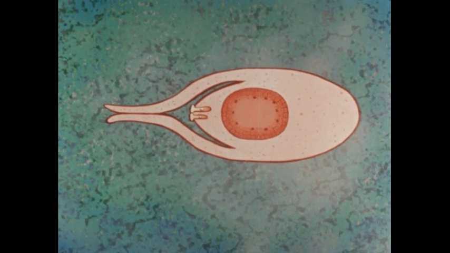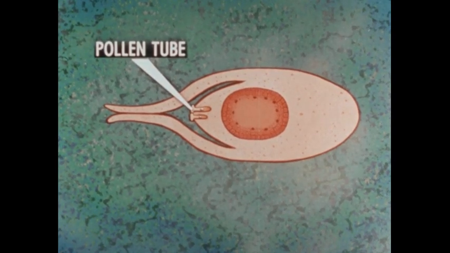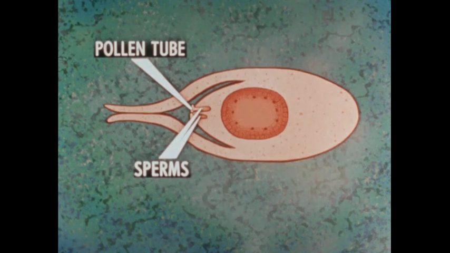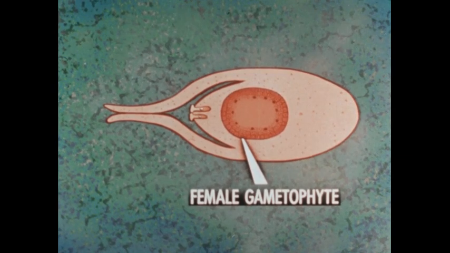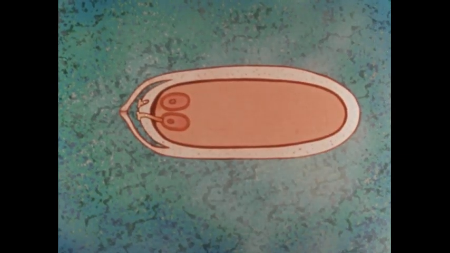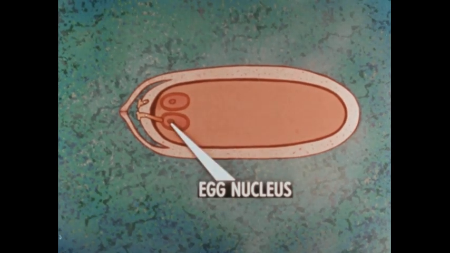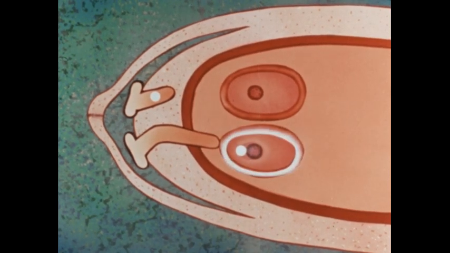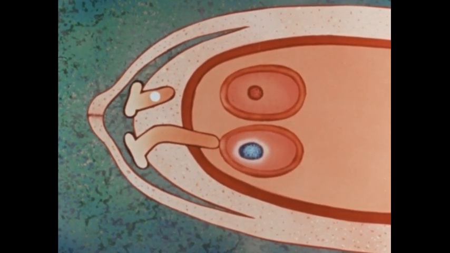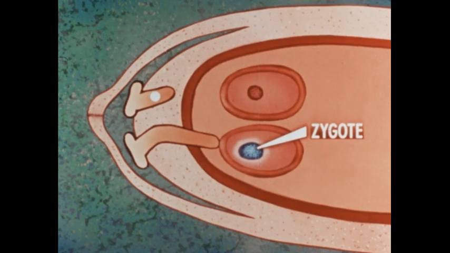The pollen grains germinate, and pollen tubes containing the sperms grow and digest their way toward the female gametophyte, which contains the developing eggs. Pollen tubes grow slowly. A sperm nucleus does not reach an egg nucleus until the spring of the year after pollination. When a pollen tube finally makes contact with an egg, it discharges its sperms. One sperm unites with the egg nucleus and fertilization is completed. The fertilized egg is called a zygote.